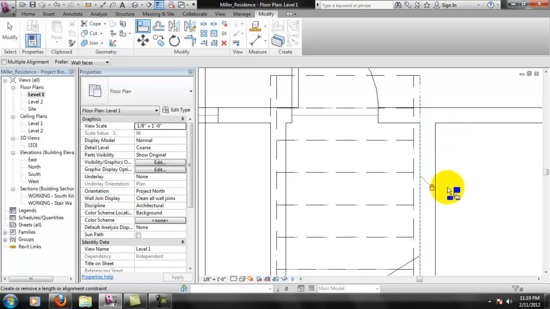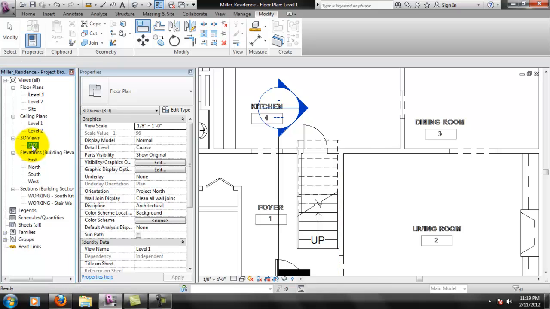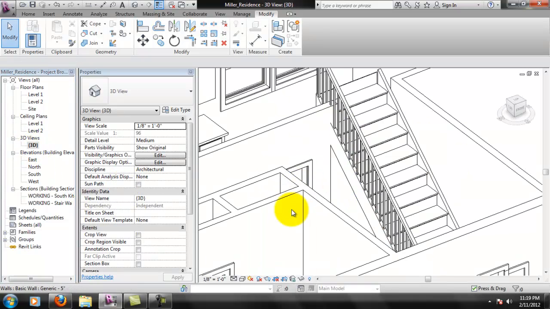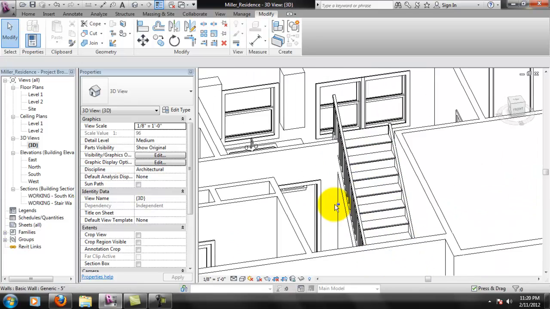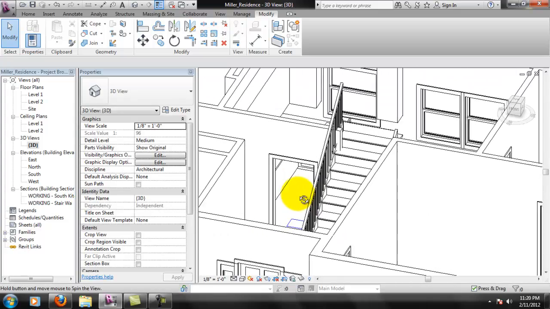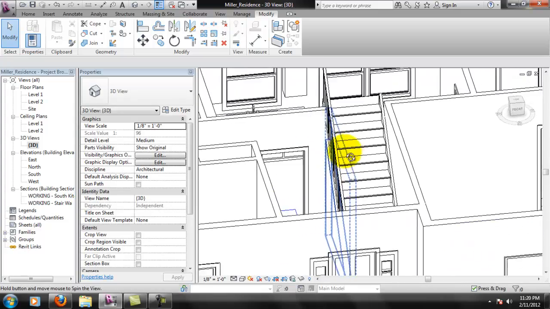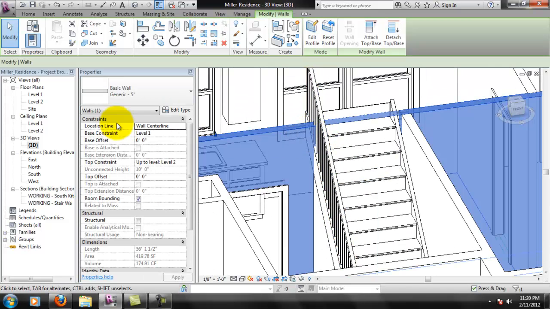So I'll lock that to this wall, and that actually worked out. We got it perfect there. So if we go to a 3D view now, you'll notice that that stairway now, the wall is completely under it there. So we've closed that in nice with that wall. And we actually need to edit this profile one more time. It looks like,